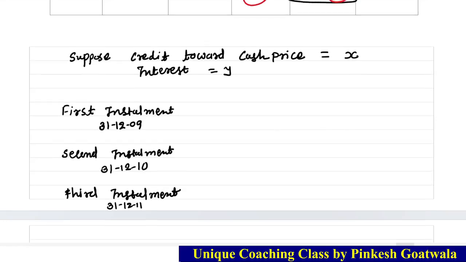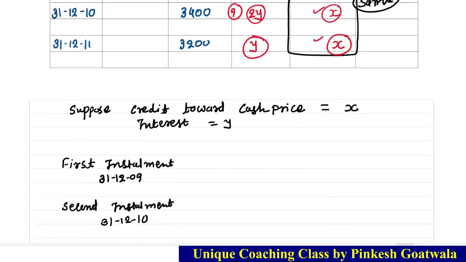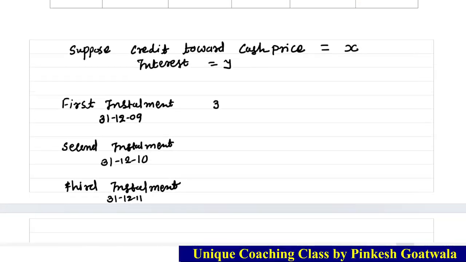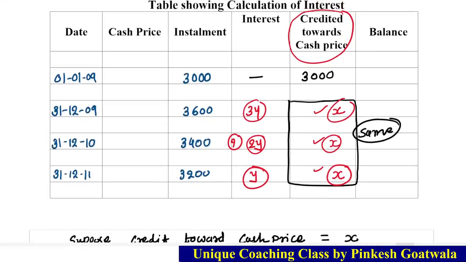The amounts of the installments are here 3600, 3400 and 3432. Now we know that in an installment, what amount is included? Installment includes the